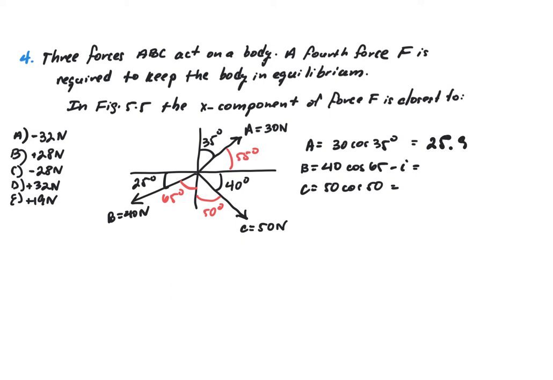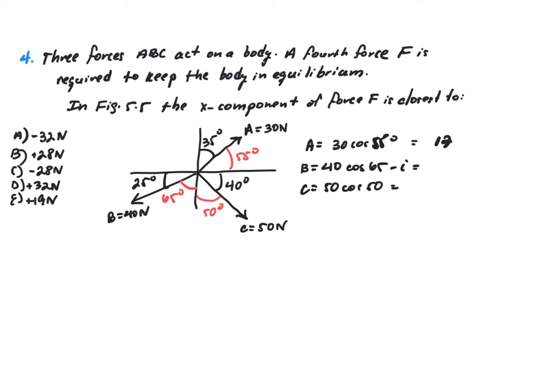Not 30, not 35, I'm sorry. It's not 35. How can I erase? But 55. Okay. So 30 cosine of 55,